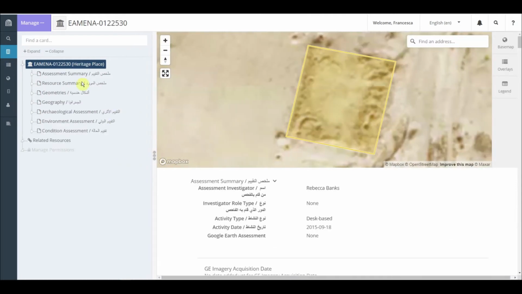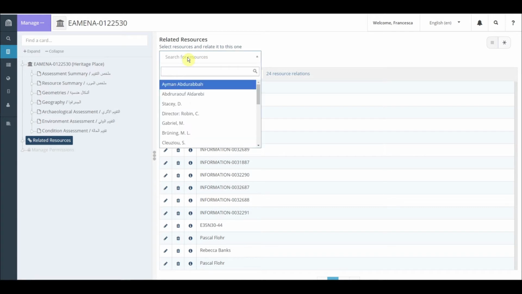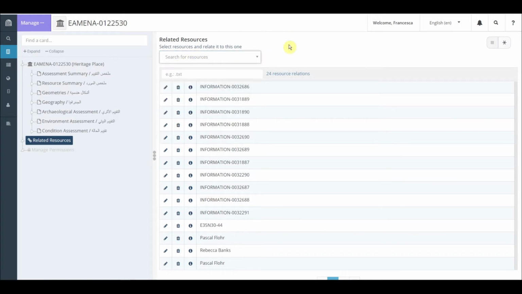Here we have all the cards of our heritage place, and as you can see, at the end there is this section called related resources. If you click here, a list with all the related records and all the relationships appears. As well, you can look for a new record to create a new relationship. This is one of the ways for adding a new